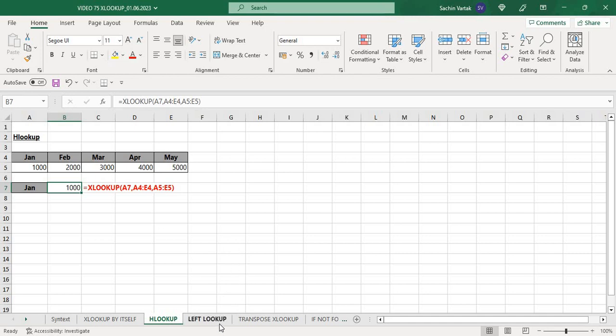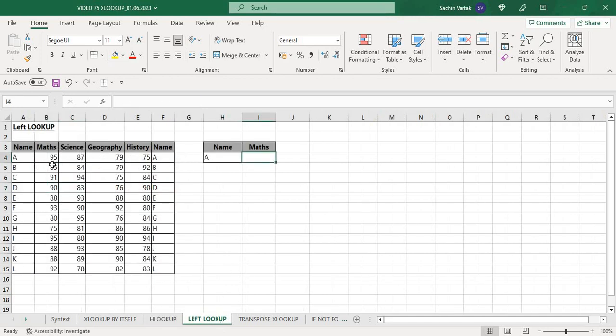Then next, left lookup. Now imagine that this name column is not on the left, but it is on the right. Okay, so this is my name column, and we want to pull out his maths score. Now with VLOOKUP it is not possible. But if you still want to use VLOOKUP, then I have posted a video on VLOOKUP and CHOOSE. So you have to use that combination of VLOOKUP and CHOOSE